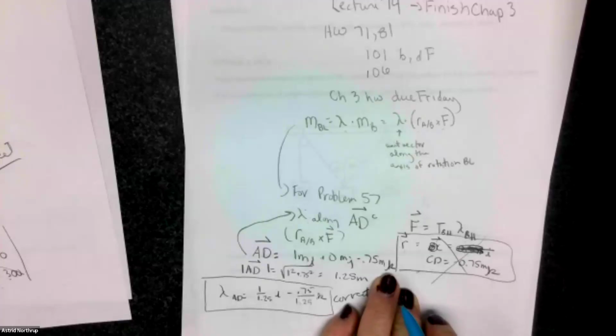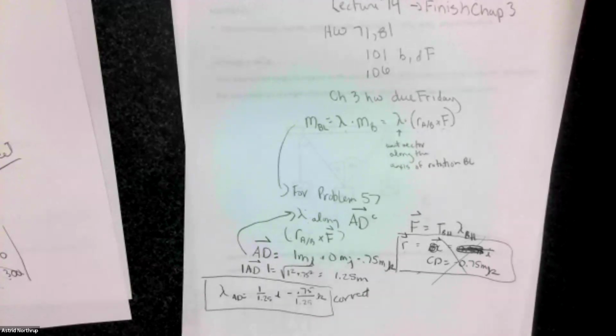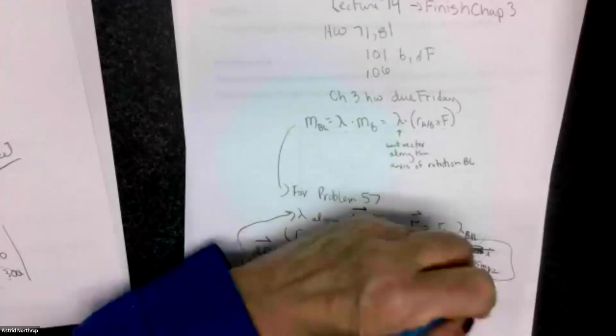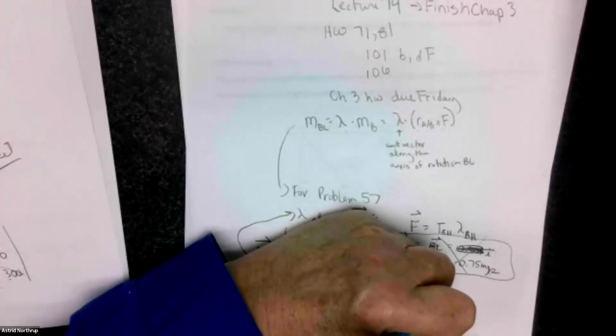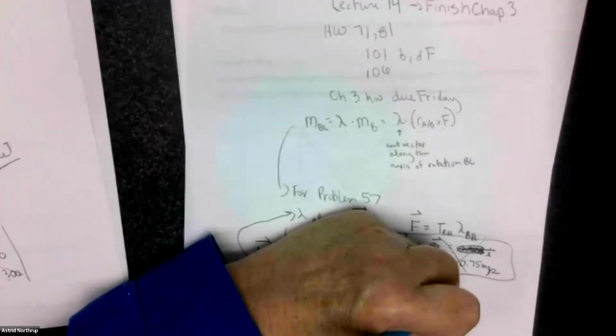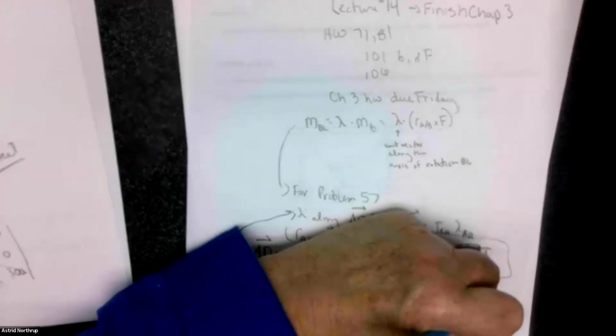But this is not correct because in my haste to write it down, I just looked at this force P and thought for a moment that the force I was working with was P, but it's not, it's this one, right? So that means my R value is going to be 0.5 because I have to go from B to D, or I could go from B to A, I could go from B to anywhere, but I just chose B to D. So that would be 0.5 minus 0.75. So my actual R value would be the vector BD, which would be 0.5 meters i minus 0.75 meters k.